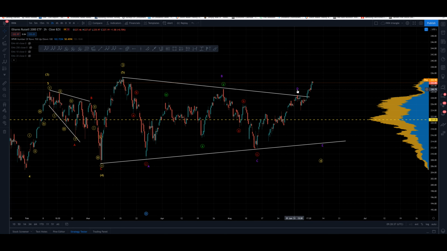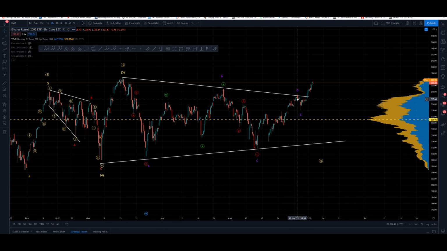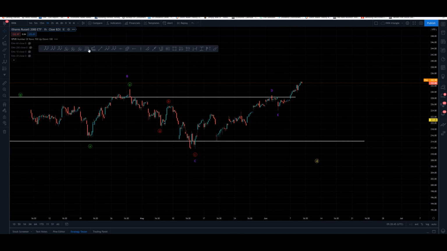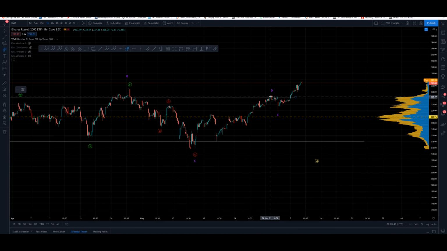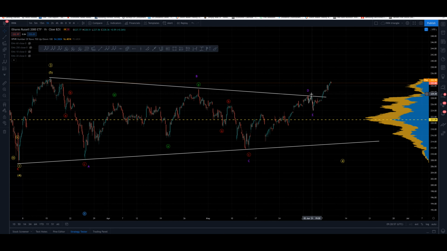Either we did get the D here, but then we got a teeny tiny E, a 3-wave move here. If we come down to the 1 hour, the relationship here is very off to get this teeny tiny E, that we've gone 3-wave here, and then A, B, C, 3-wave here. You can see there is a 3-wave swing, 1, 2, 3 into the D, and then 1, 2, 3 into the E. So if that's the case, the triangle is completed in a pretty